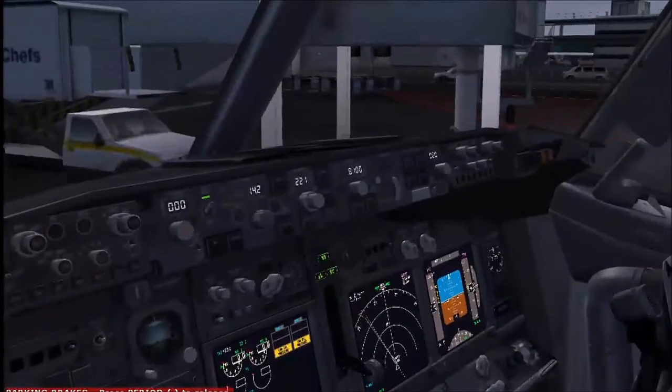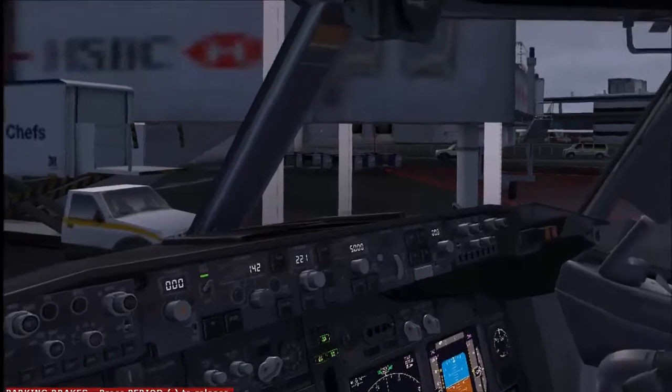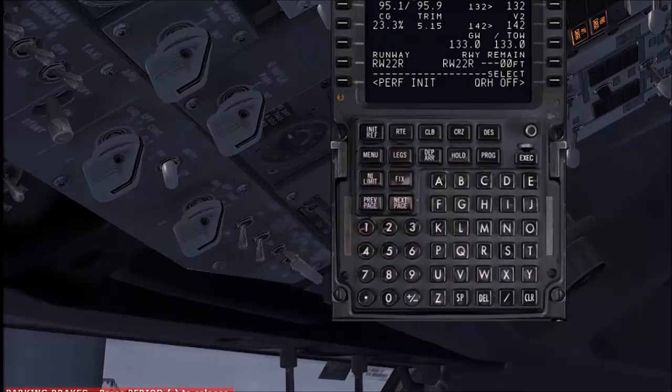Set the heading to the runway takeoff heading. Let's set that. Initial altitude, that is set. Yaw damper, let's turn that on. Cruising altitude, let's set that to 280. Landing altitude,